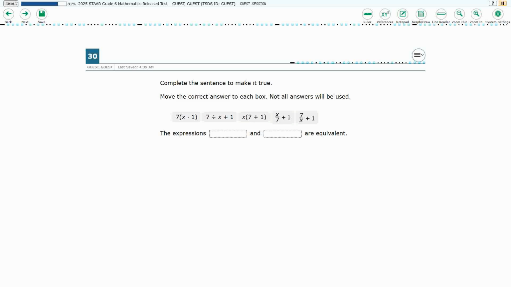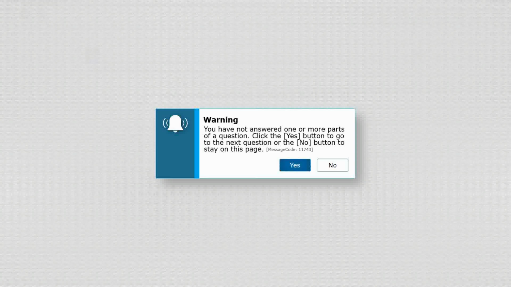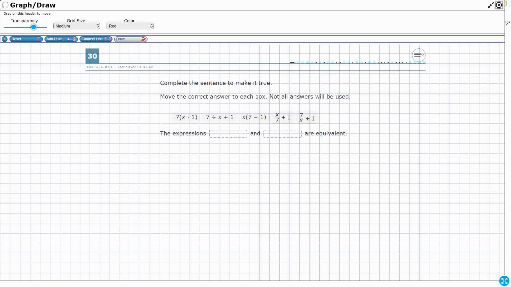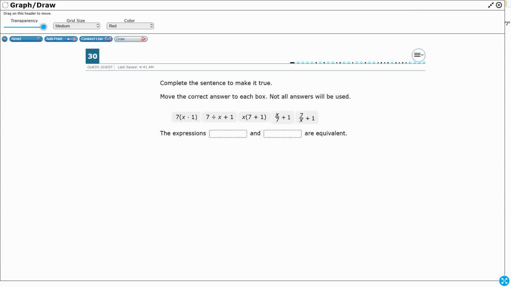So we have a drag and drop here, and we can use each answer once. Once I've used that drag and drop one time, I'm not able to use it again. And you have to have both of these correct in order to get the 1 point. You cannot just have one answer and then move on. You will get that error message. So even though there are two different blanks here, this is a 1 point problem because there's only one combination